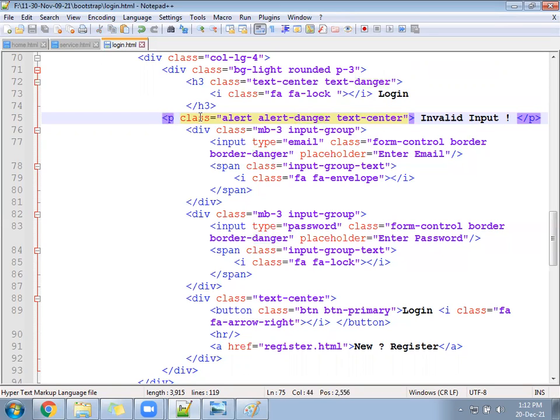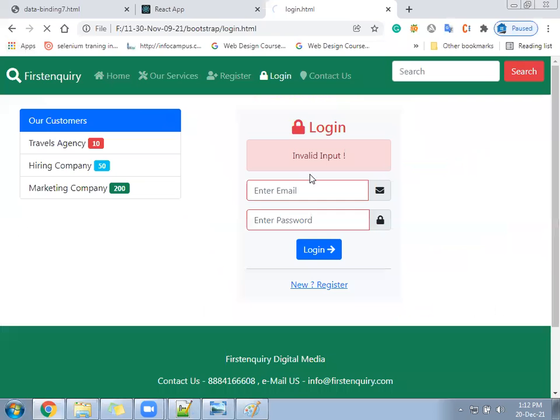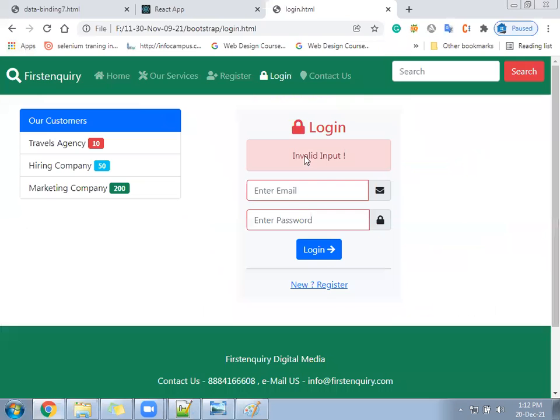So this danger we have written as of now is not a fixed color. Suppose you have not entered anything and click on the button, so it's a danger. If you enter everything and click on the button, then what should happen? If you enter everything and click on the login button, then the danger should convert into info color, and it should say please wait, processing.